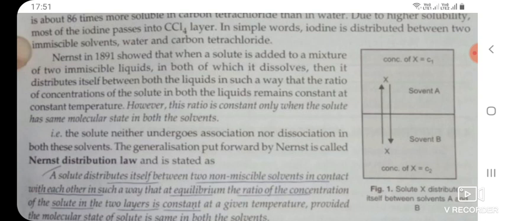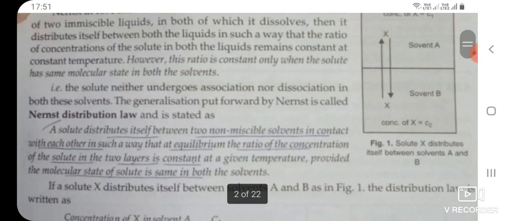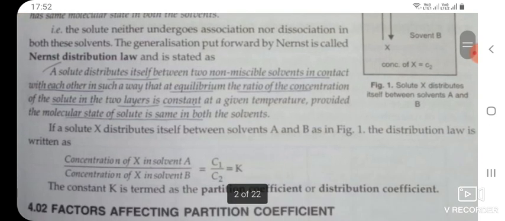However, this ratio is constant only when the solute has same molecular state in both the solvents. That is, the solute neither undergoes association nor dissociation in both these solvents. The generalization put forward by Nernst is called Nernst distribution law and is stated as a solute distributes itself between